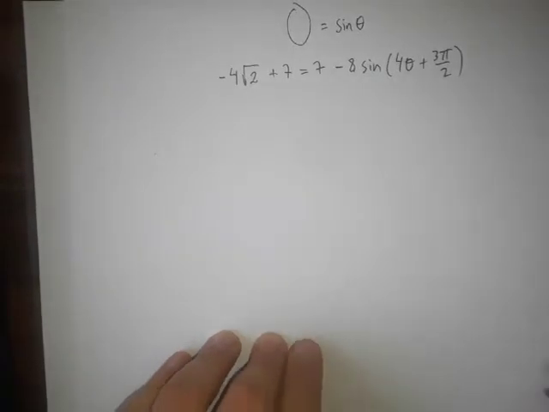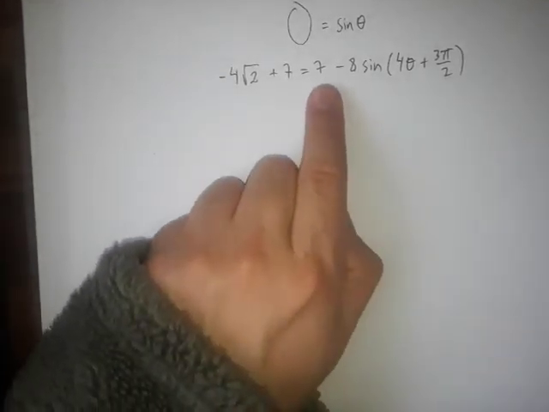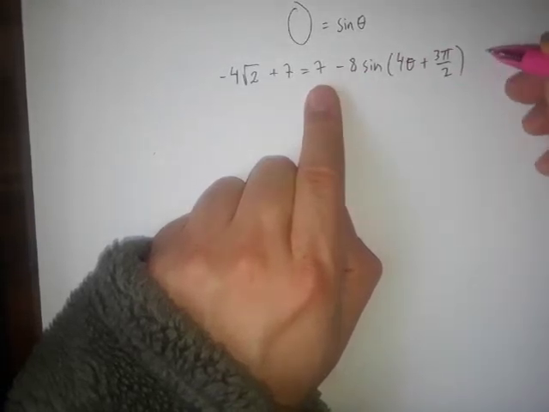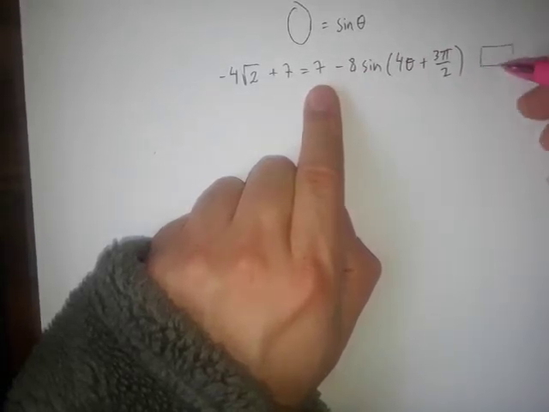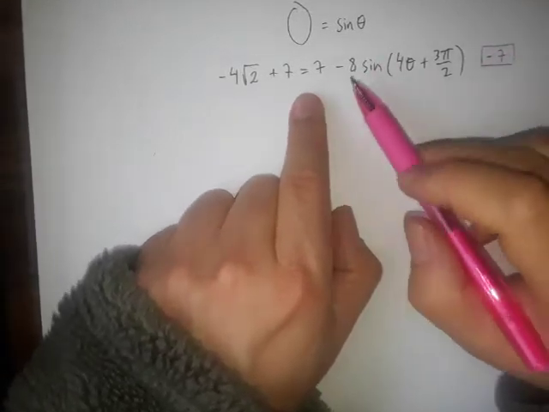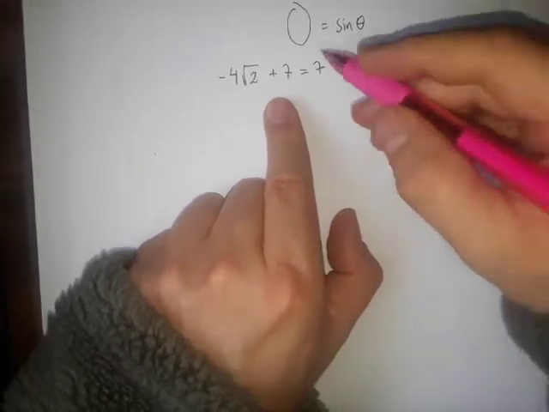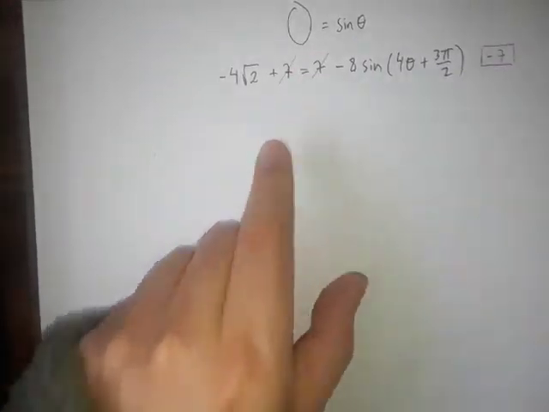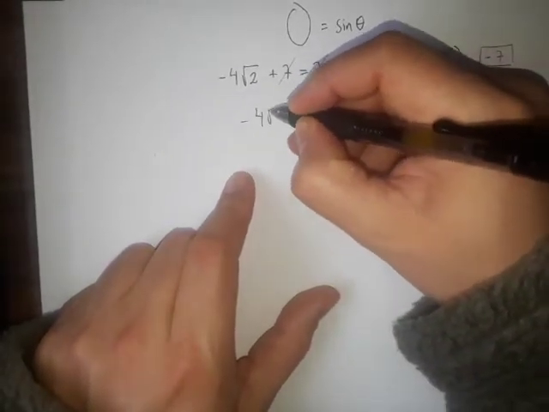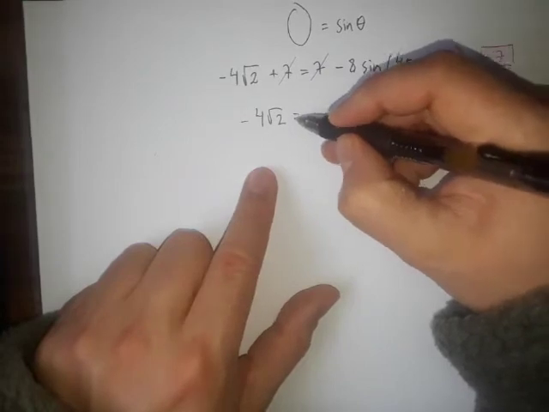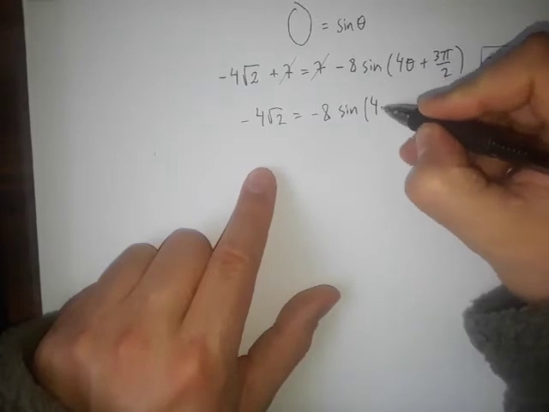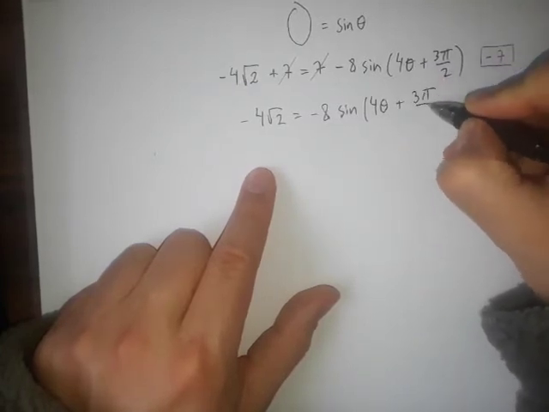Okay, so this 7 is annoying us. That's the first thing that we want to get rid of. How are we going to kill a positive 7? Just with a negative 7, by subtracting 7, right? Here we go. So this is going to kill this 7, but it's also going to kill this one, right? So that means that this is going to go away. So that was an easy one. We have negative 4 square root of 2 equals negative 8 sine of 4 theta plus 3 pi over 2,